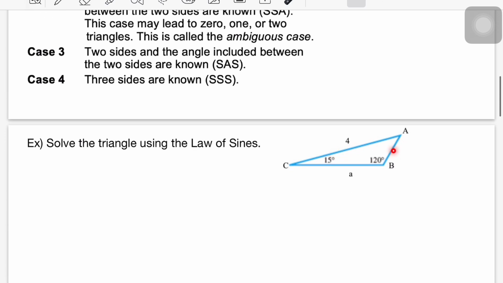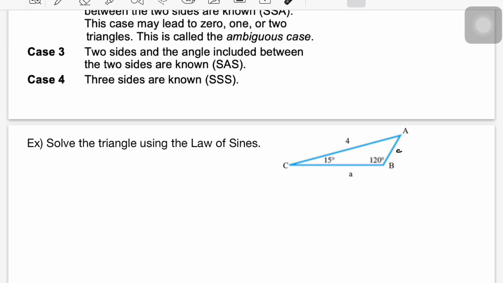So we want to solve this triangle using the law of sines. We have our angle A, our side A, our angle C, so this must be our side C, and then we have our angle B and our side B. We want to solve the triangle, to find the missing information, and it looks like the missing information is this length and this length, as well as this angle. So we're going to use the law of sines to first find the side length of this C,